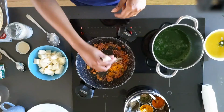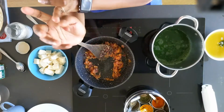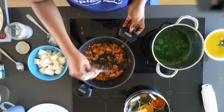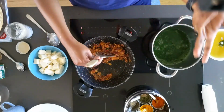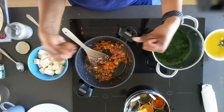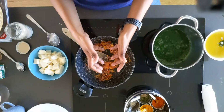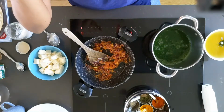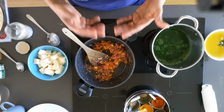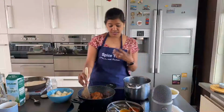You already added the garlic and ginger. Yes, I added the onion. I added my ginger garlic, my green chili and tomato. And if you can see, this is how the paste looks. It's not a paste that I've really blended, but the tomato really smoothens out and becomes a mushy paste. Even if you're using a passata, the puree, this is how it will look. If you're using tomato paste or the concentrated paste that you get in the supermarket, in that case this will look redder than required. That's because it's concentrated, so always add a little